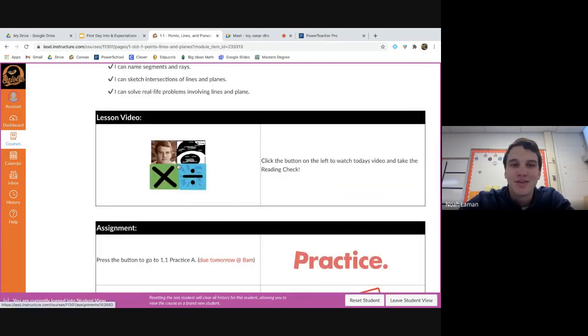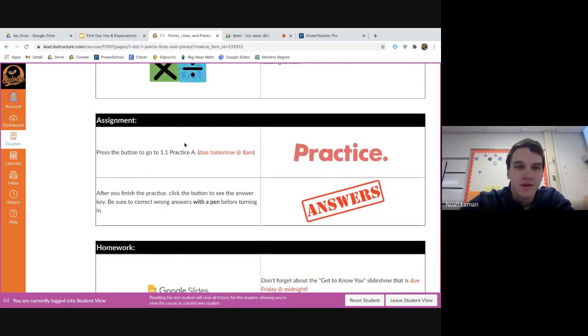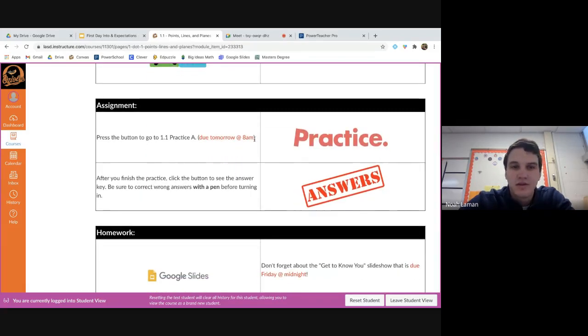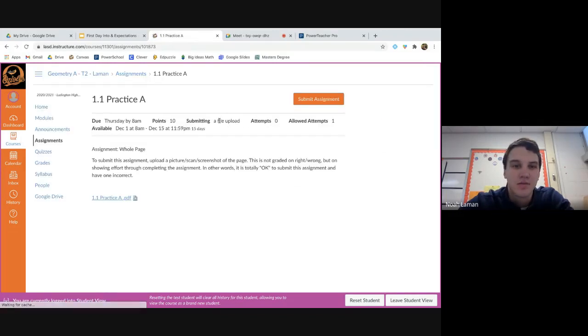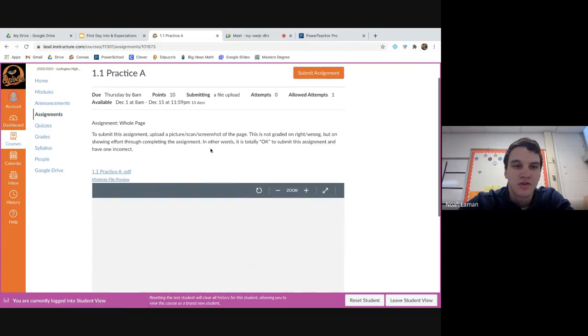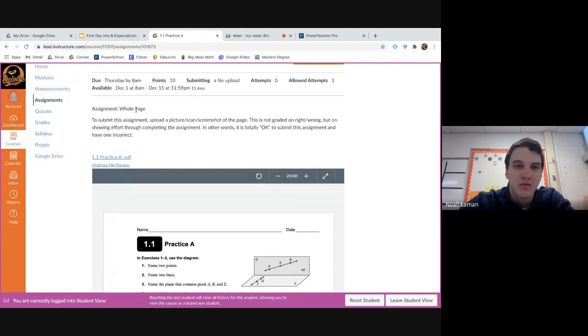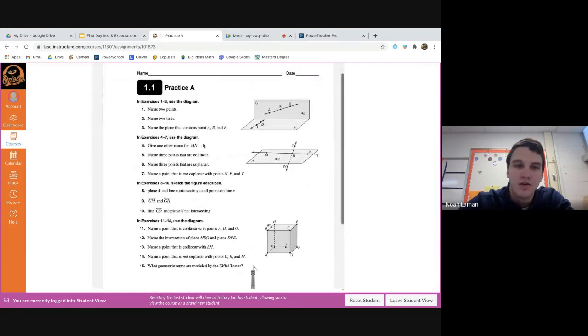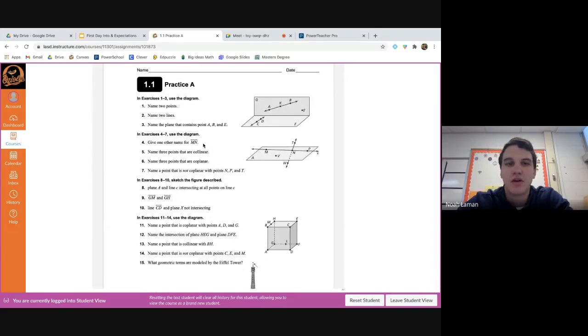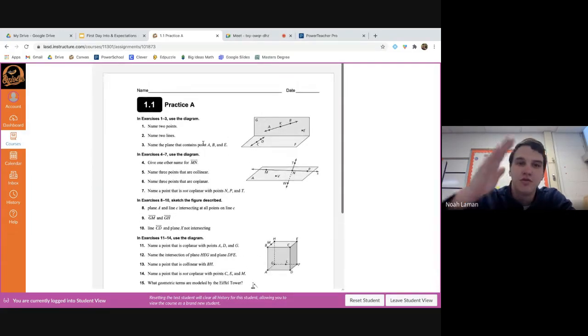But anyway, you'll press the logo to watch your lesson video, our assignments. You'll press the picture to get to an assignment. You'll press this picture to look at the answers. Now, when we have these practice assignments, you can see this one is just a PDF. I'll tell you what the assignment is, the whole page, or if there's certain numbers I want you to skip. Then what I expect for you to do is if you want to open this in Notability or copy it down on paper, print it off, whatever, however you're going to do this assignment, do the whole assignment in pencil,